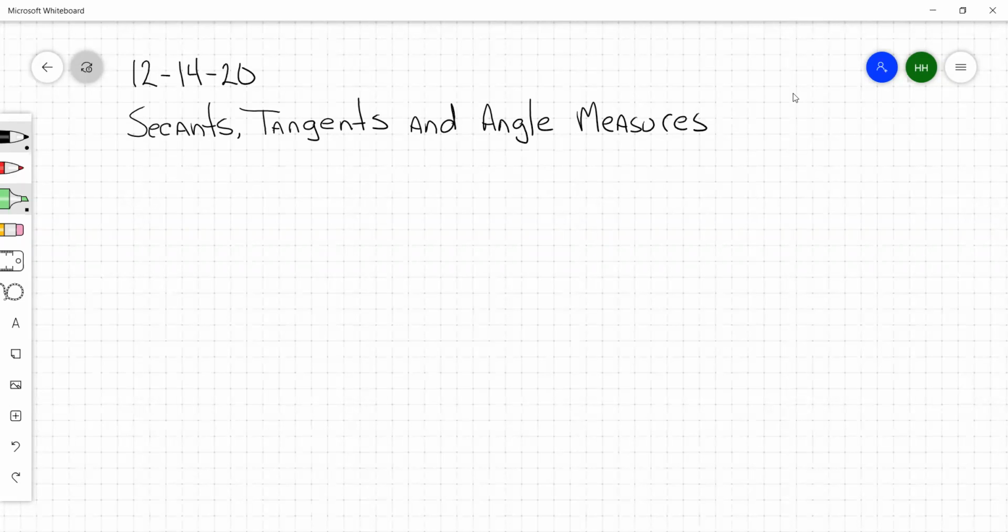All right, going to be working more with circles and segments and lines that go through circles today on this